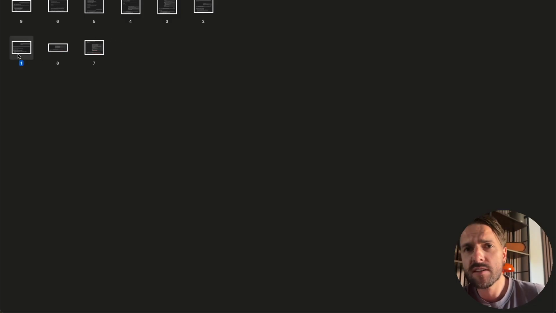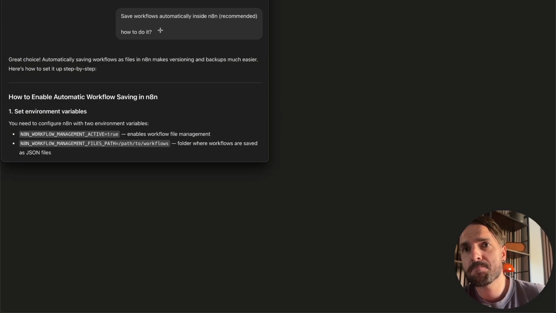So the first thing, I wanted to use the advice of ChatGPT. I was pretty interested in saving workflows automatically inside n8n, as it told me it's possible, right? So how to enable automatic workflow saving.